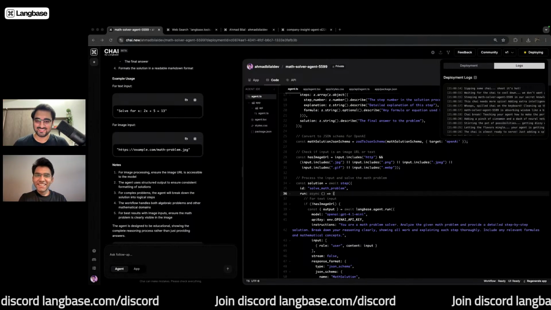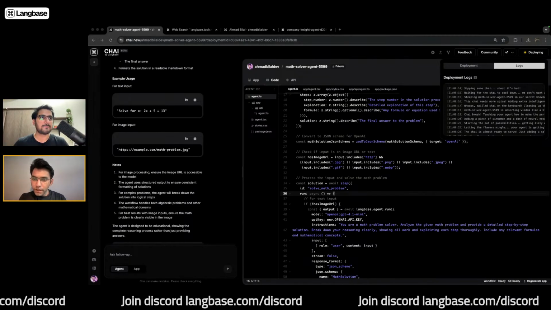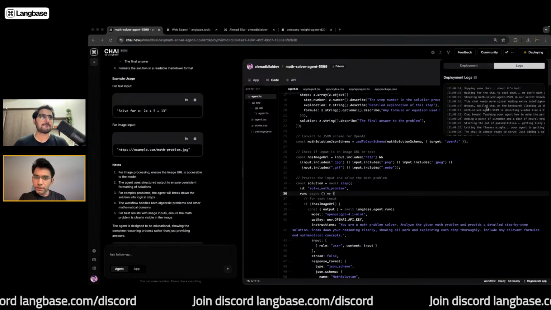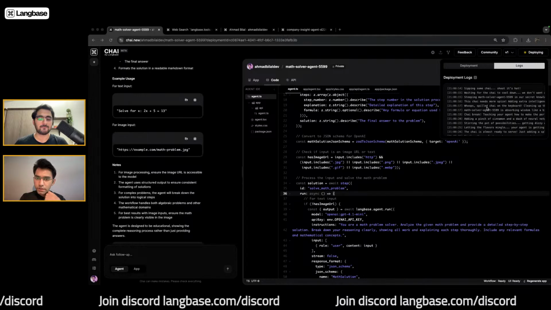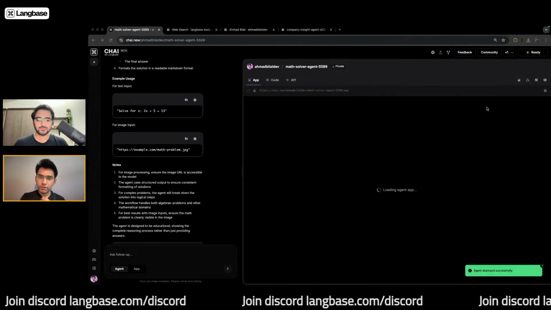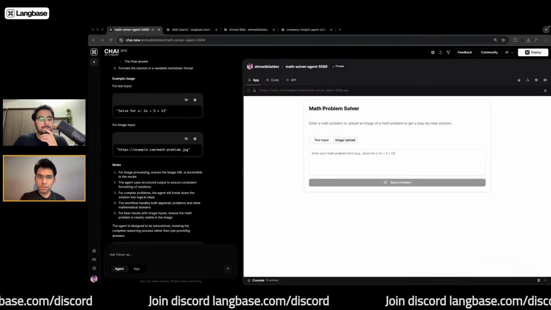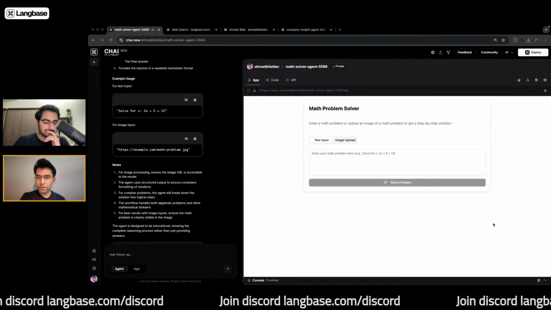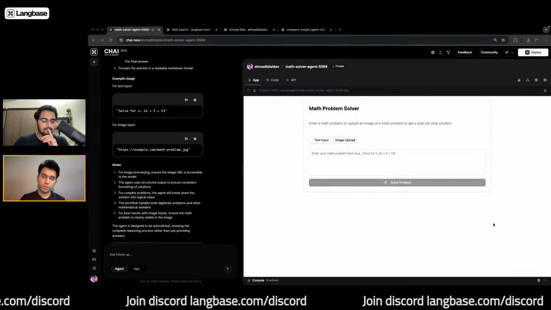In the meantime, while you're looking at it, I see there are a few notes on the side which I can go over. Sure. For image processing, we need to ensure that the image URL is accessible to the model. Then this agent is going to use structured output to ensure that we have a consistent response format.